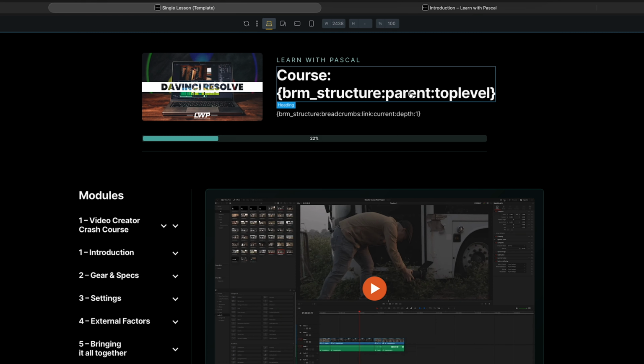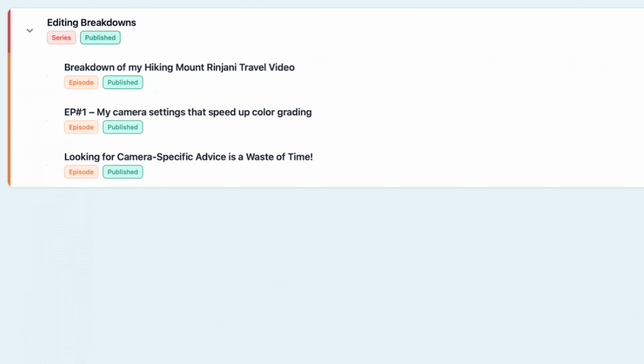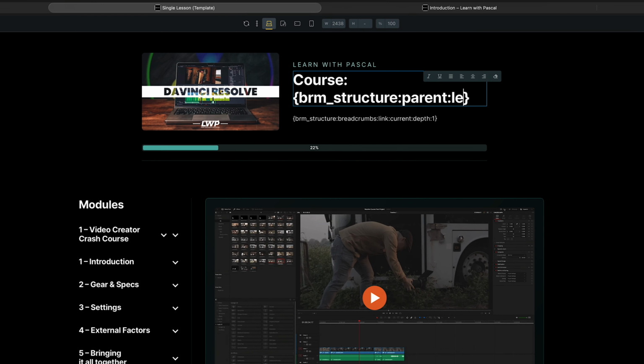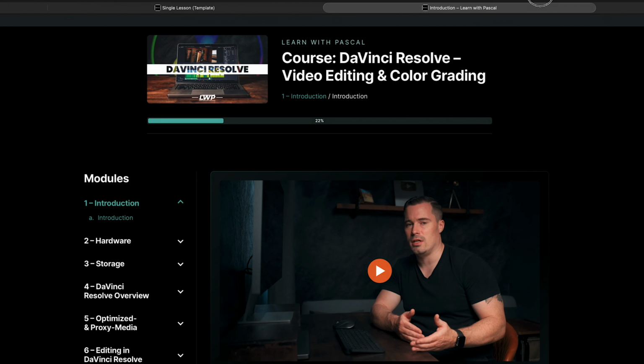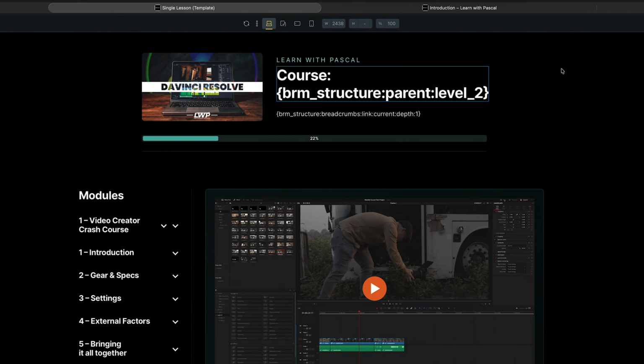So here, because I use colon parent, colon top level, it shows me the post title of the top level posts, which is a course in that example. If I would go to my series post type here, that would, for example, be editing breakdowns, because in that case, that's the top level here. Of course, you can also use other modifiers here, for example, level 2. So if I do that, then it would show me the module that we're in. Here you see now one introduction, that's the module, but of course that's not what I want to do here,